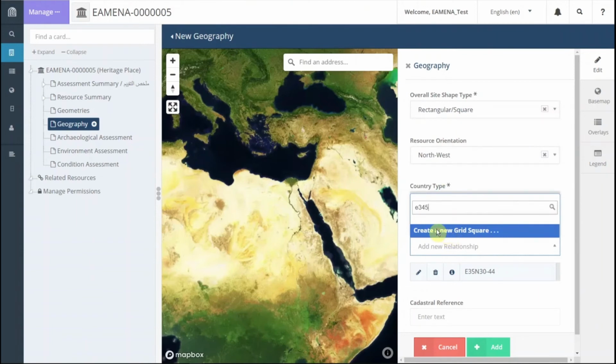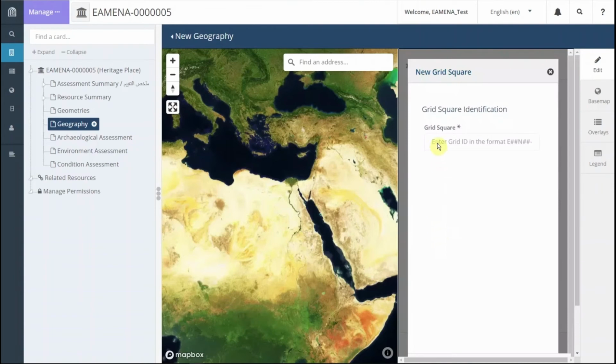You just have to click on Create a new grid square. Here you have to enter the grid ID in the format, for example, IL35 and 24 underscore 12. Click Add to add the new grid square. Or in this case, we cancel because we already have found our square.